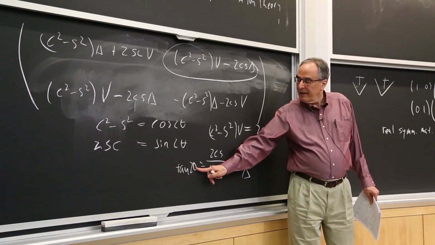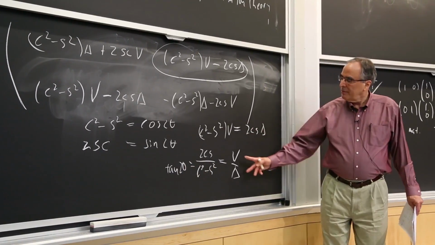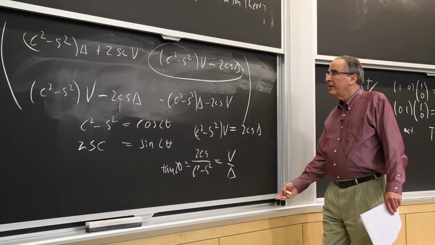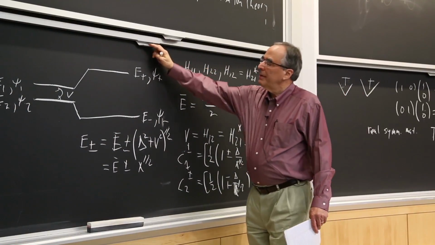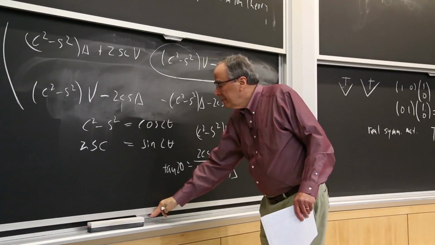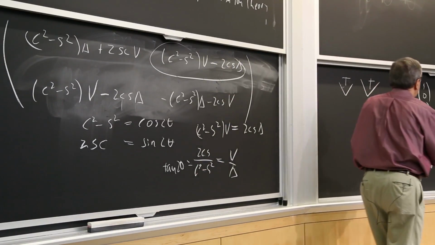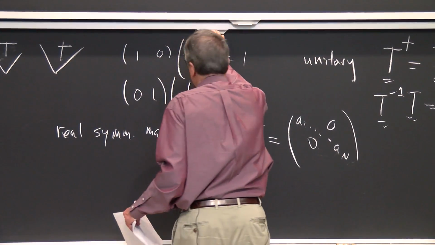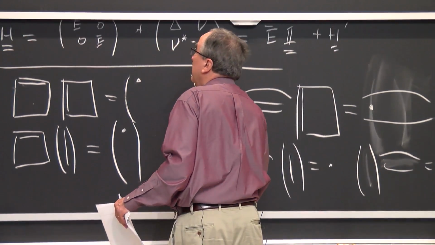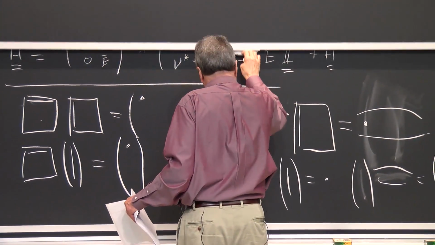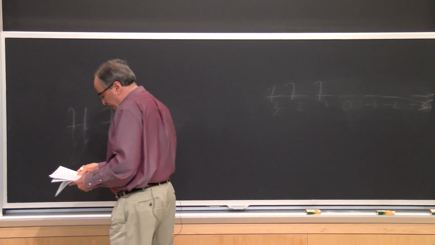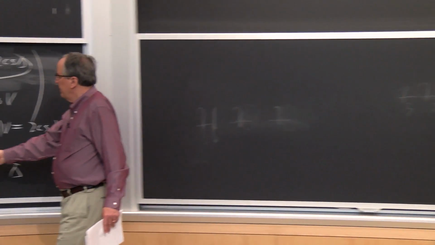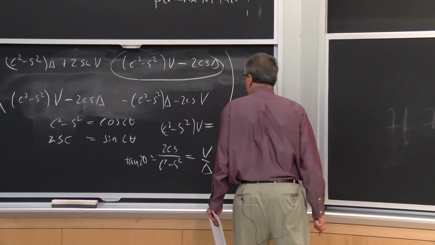We have the theta, and we have the V over delta. So now I can cover this one up. So we can take this equation and solve it, and we have that